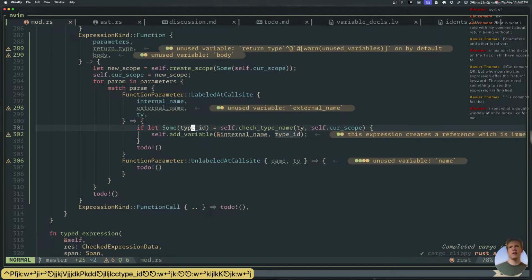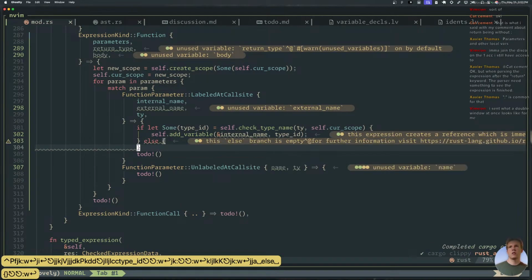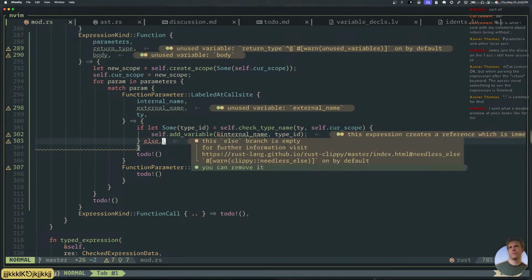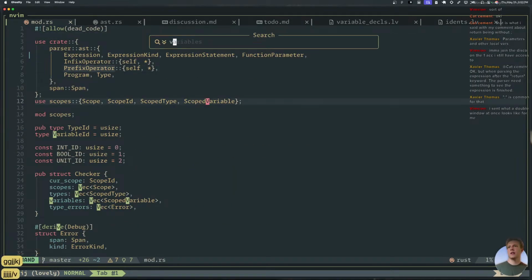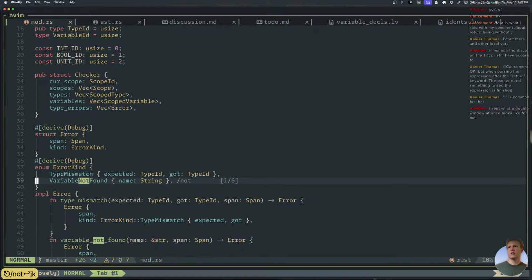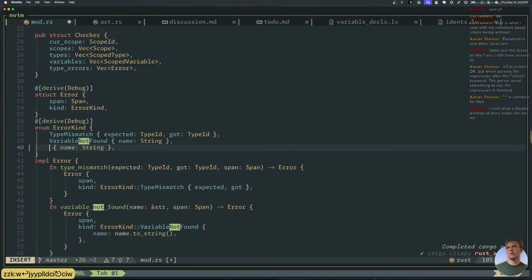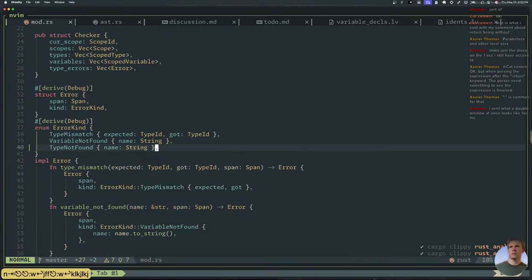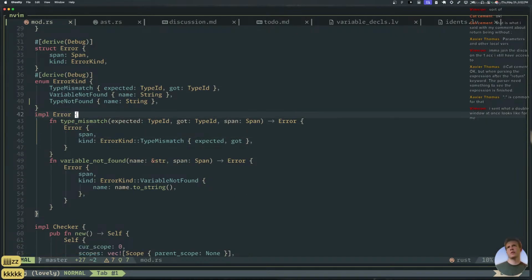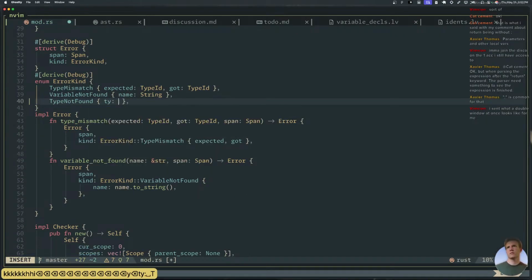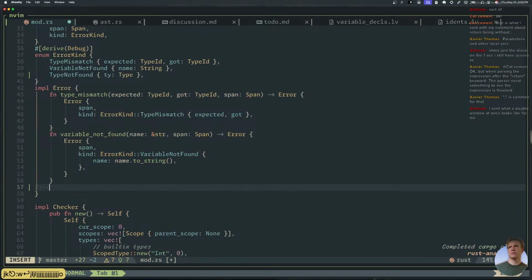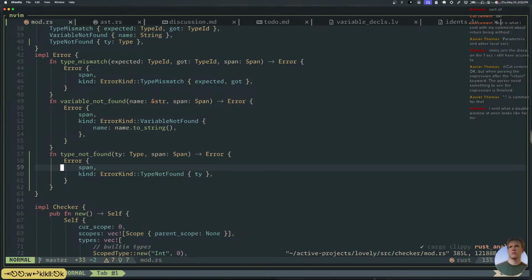Okay, so if the type ID is legit, otherwise that means we couldn't find a type. So we need like a variable. Let's have a type not found. Or maybe just hold on to a type. Something like that.